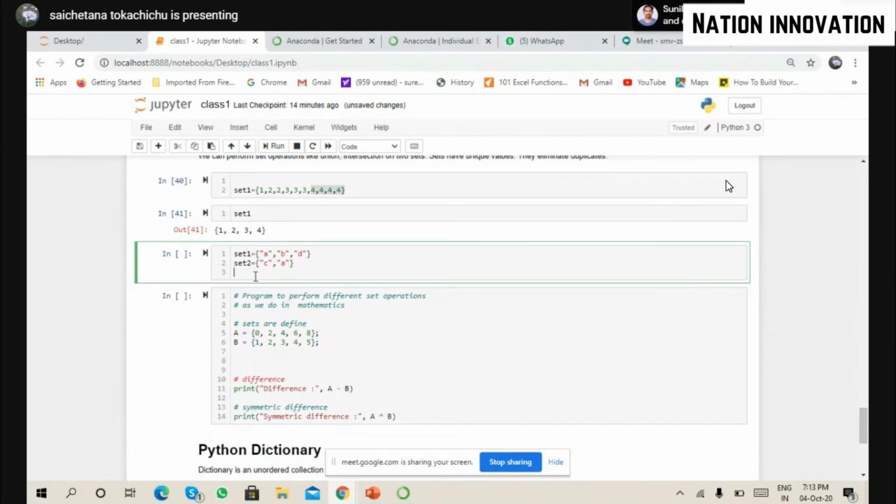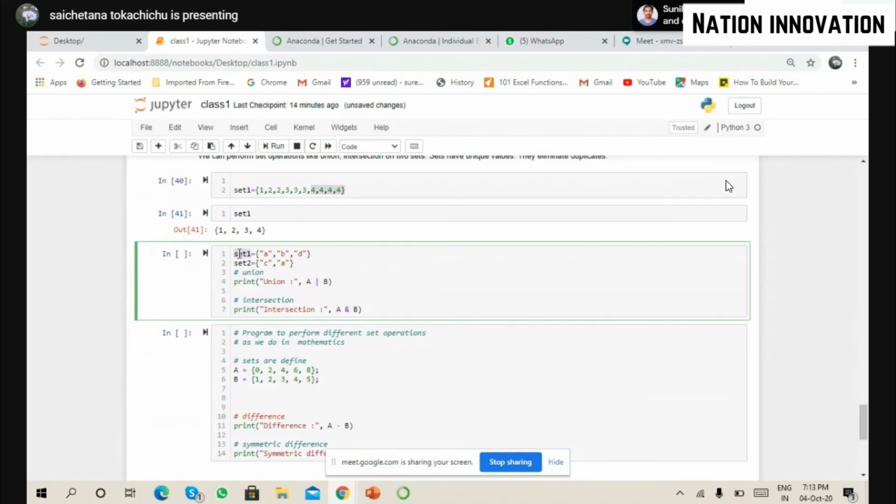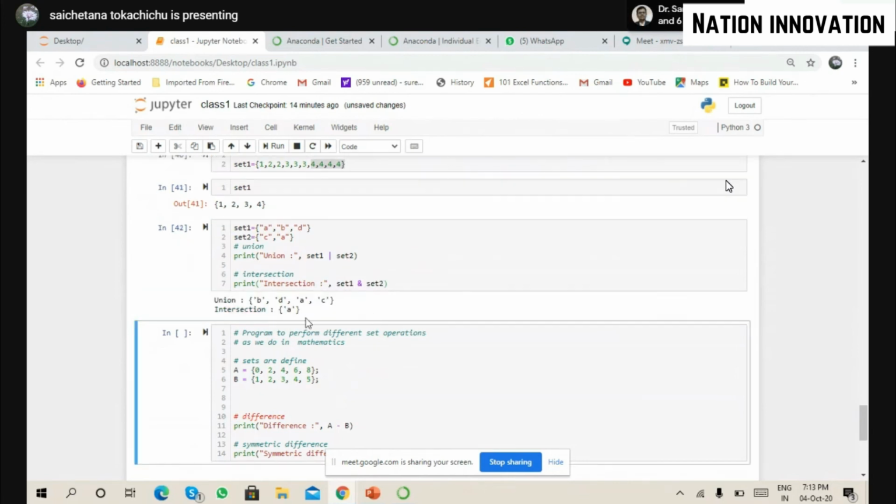I'm applying it for set 1 and set 2, so it's easy for us. You see, what you said was correct. A, B, C, D, and only A. So this is how we find union and intersection of a set.